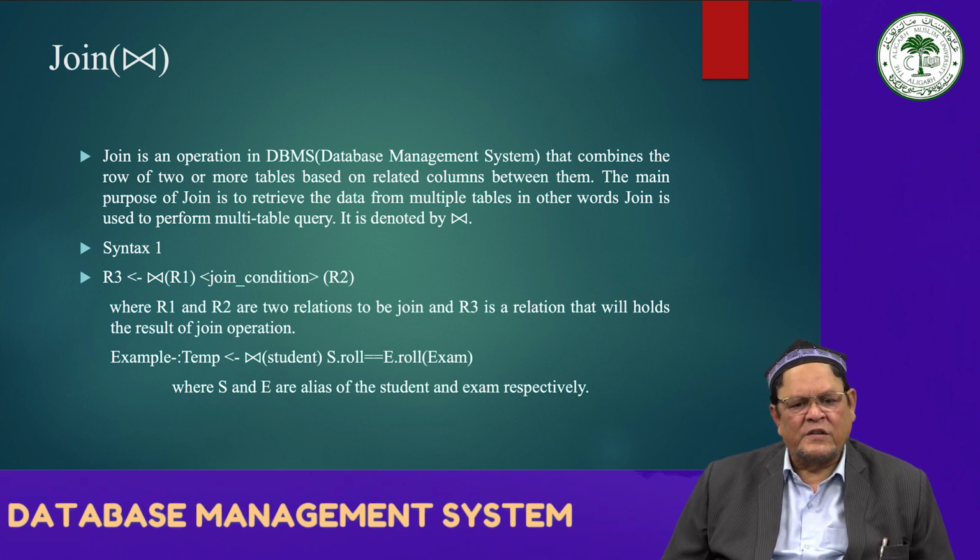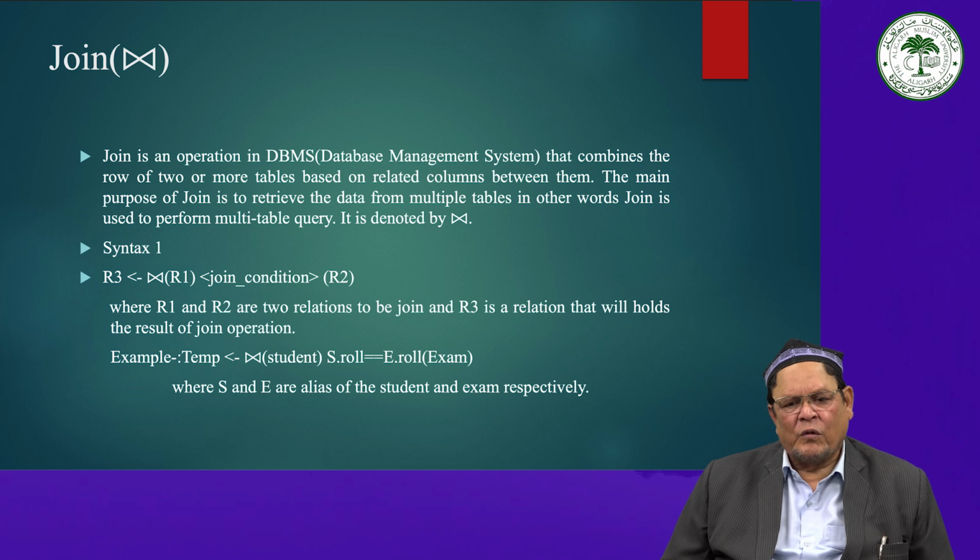The join process typically involves matching rows from one table, the left table, with corresponding rows from another table, the right table, based on the common columns or conditions known as the join predicate. Join operations facilitate the retrieval of related data by establishing connections between the tables through shared attributes